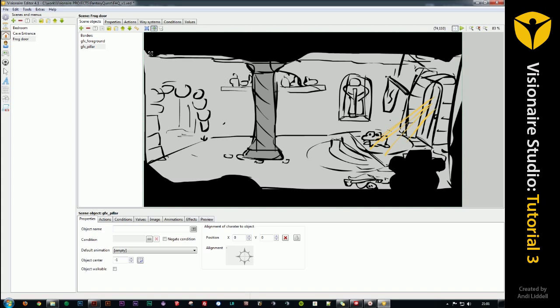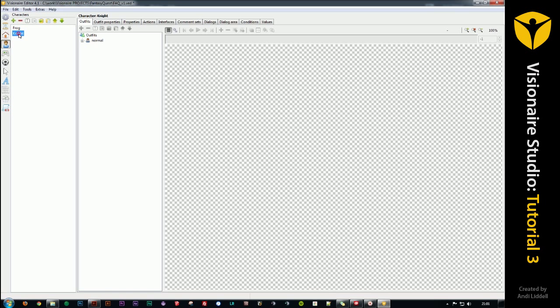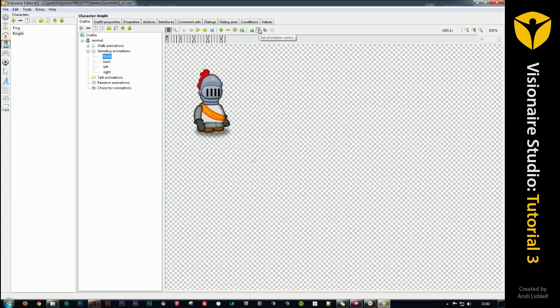So it's a clever trick that the very clever programmers of Visionaire have used here to make it possible to layer things to move behind and in front of things, even though we're not dealing with a 3D scene. So back to the character again. Registration point then is what we're going to sort out. So let's just get the standing animations open, front. The way to set the registration point